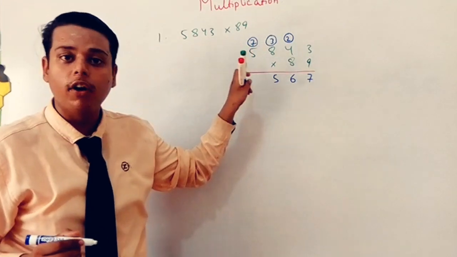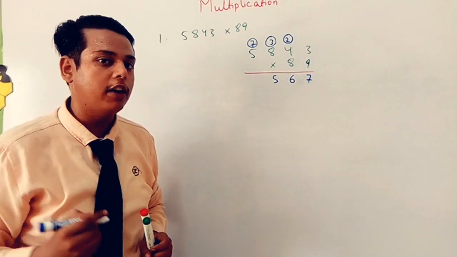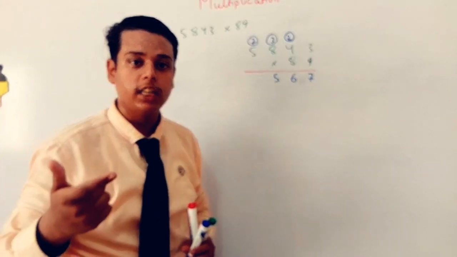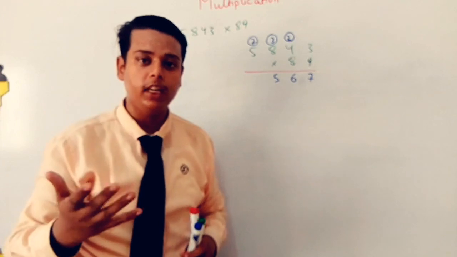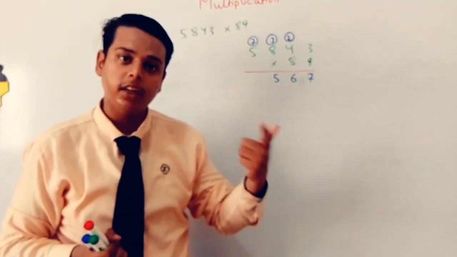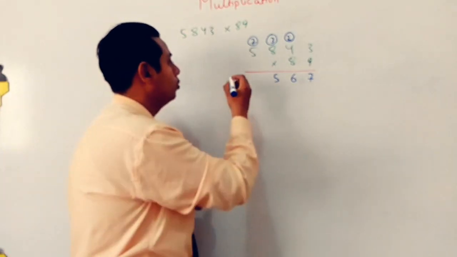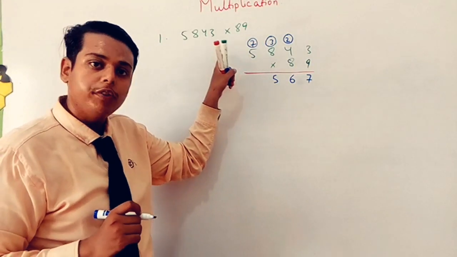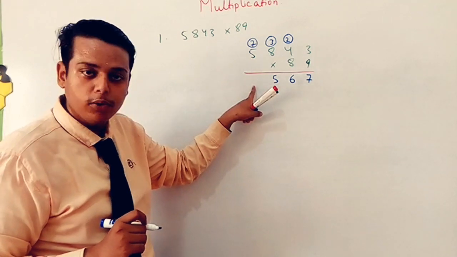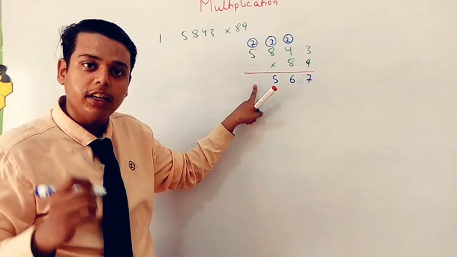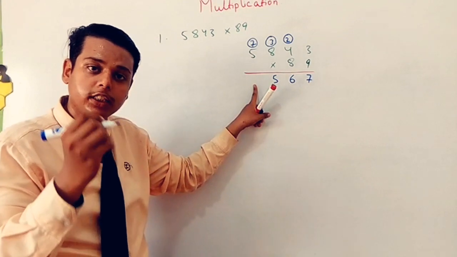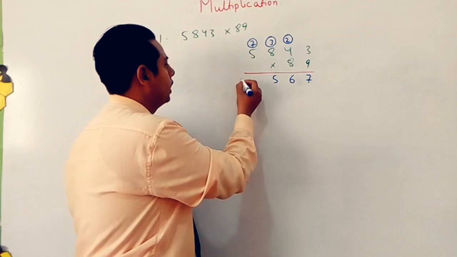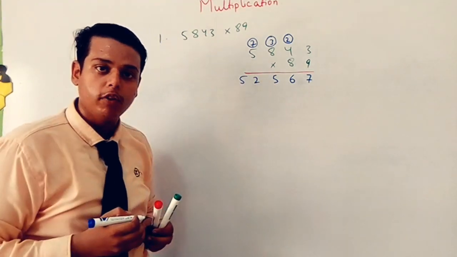9 5s are 45. In 45, what do we have to add now? 7, 45, 46, 47, 48, 49, 50, 51 and 52. So what will come? 52. Is there any number after the 5? No. So we will just completely write the 52 over there. Otherwise, if any number were there, we would just shift the 5 on that number as a carry. Right now we are just writing 52 over there.